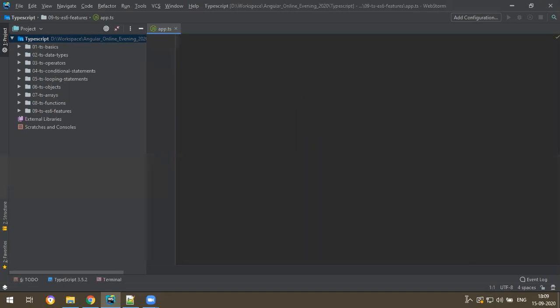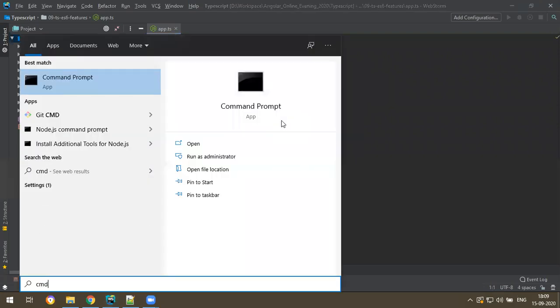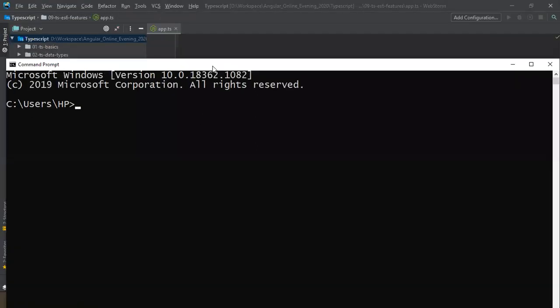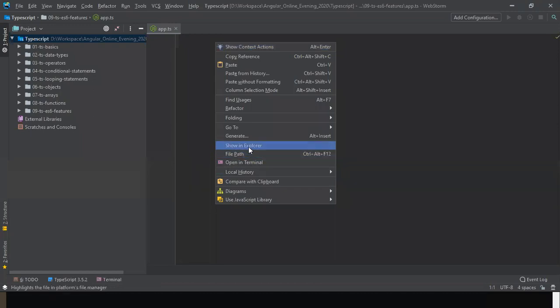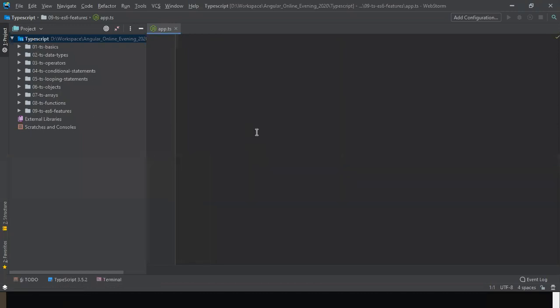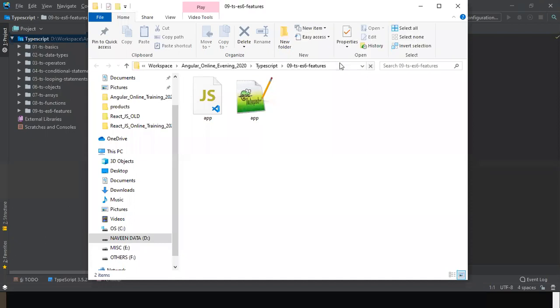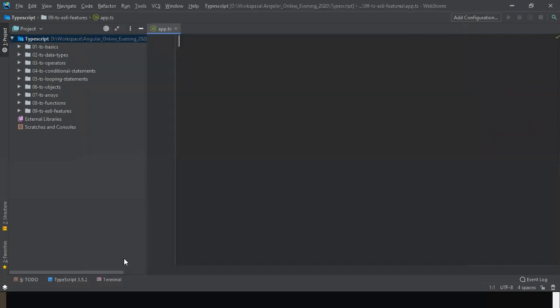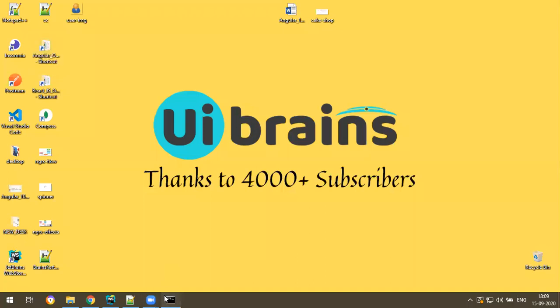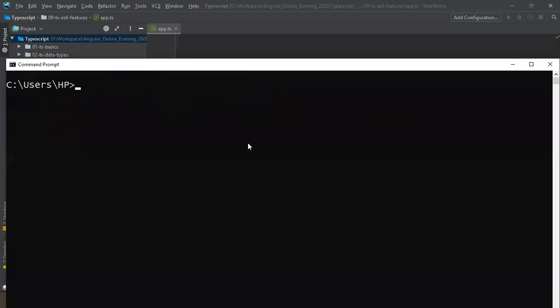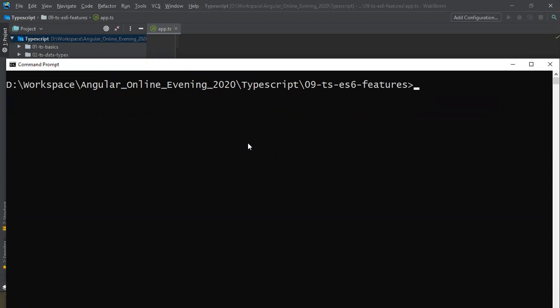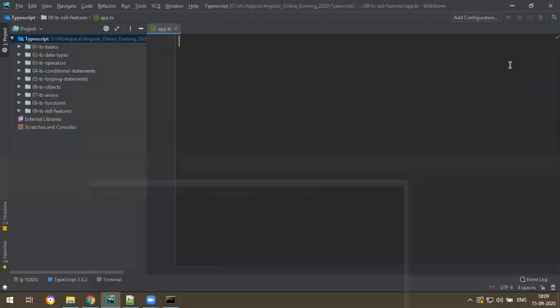I go to this location to execute the program: right click, show in Explorer, copy the address, and in the command prompt, cd to the D drive. So my program is ready.